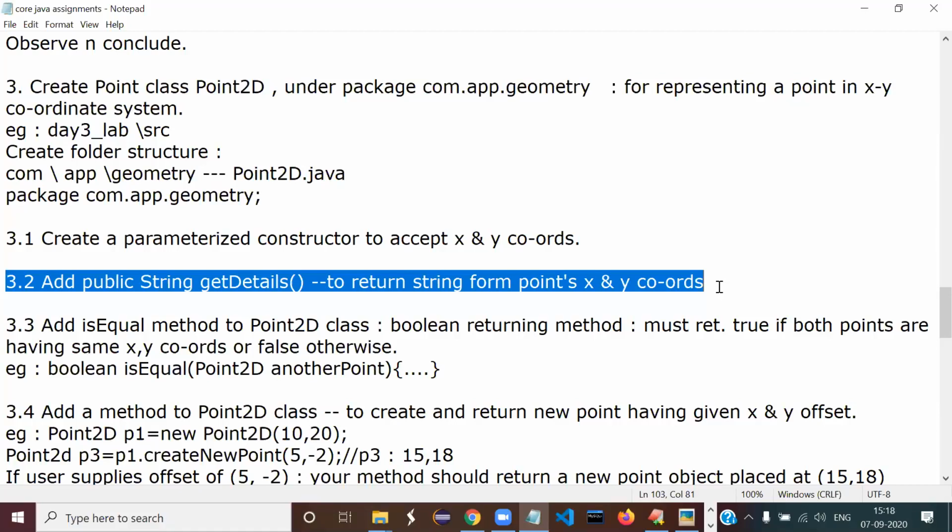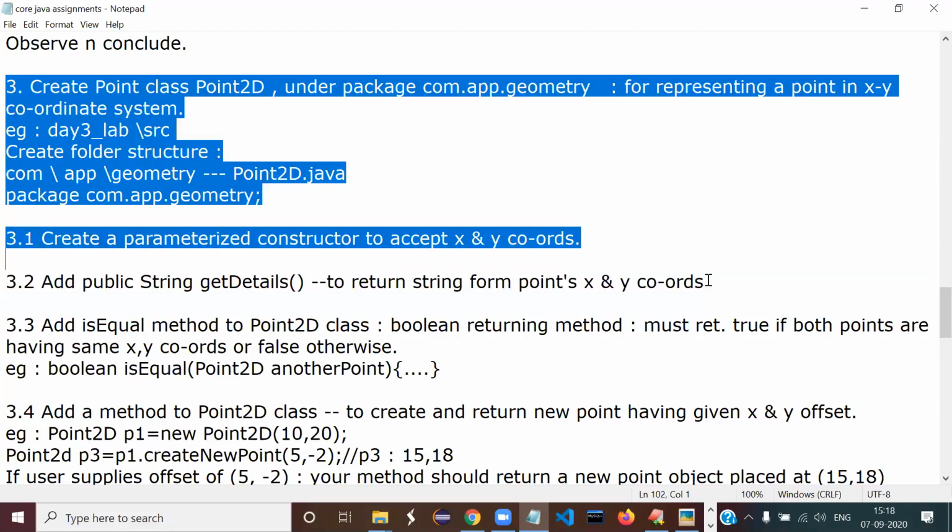So tomorrow, when we have a full day on inheritance and polymorphism, I'll talk about the Object class's toString method, and we will override the toString method instead of writing our own functionalities. All that will be covered tomorrow. So today, only give me a get details method to return the toString. So first version, first draft, only do this much.